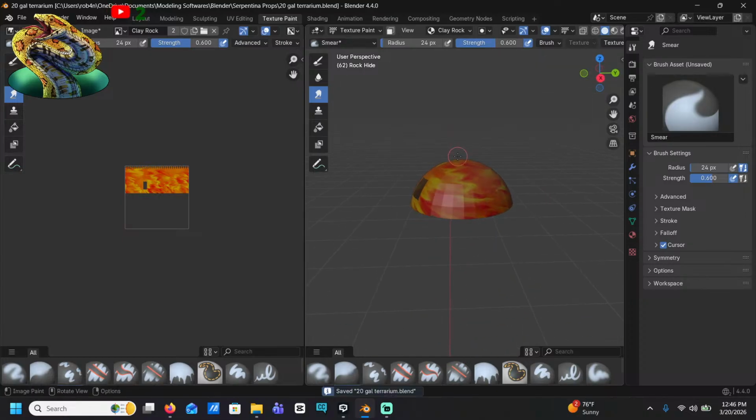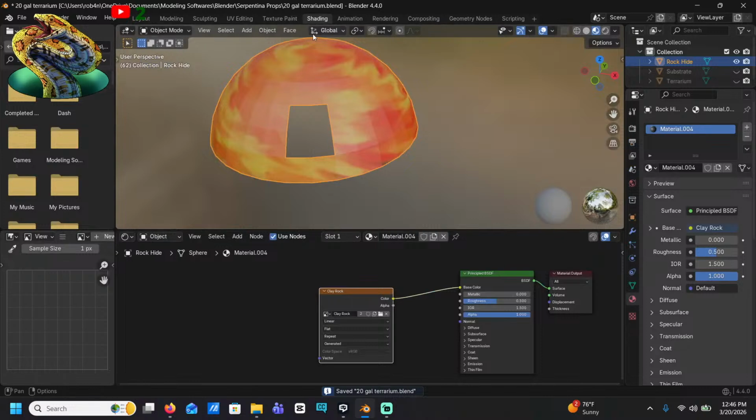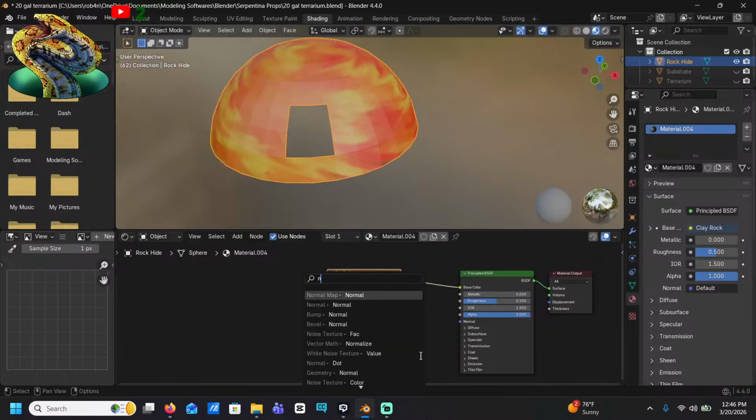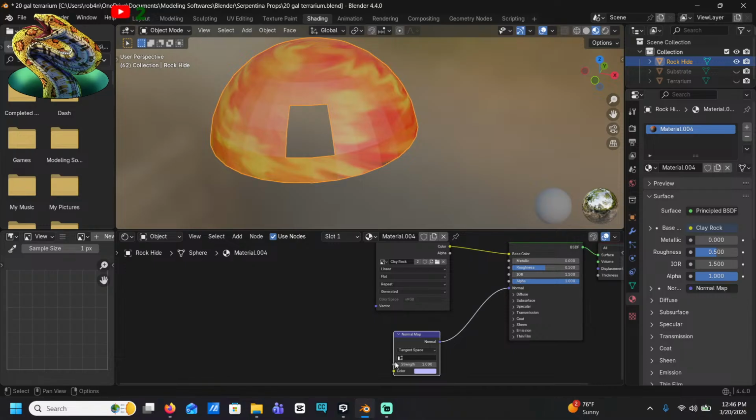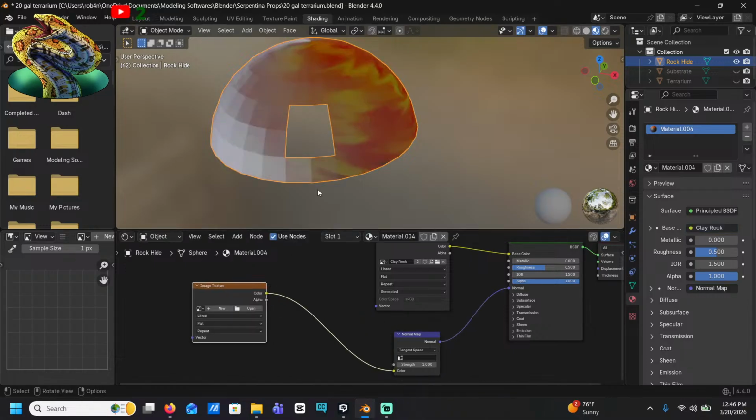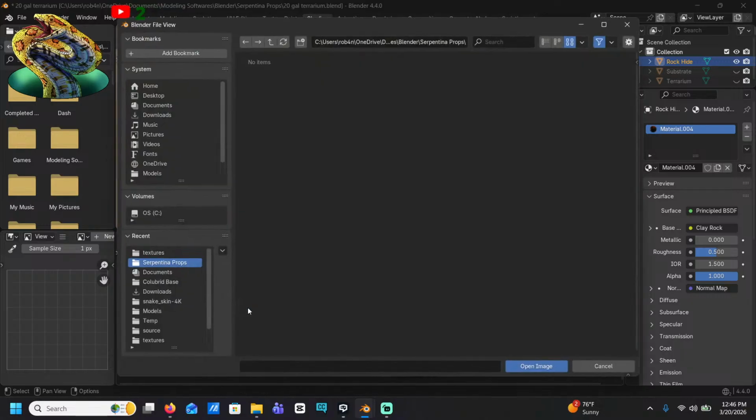Okay, I think this one looks pretty good. Shading. Give it the same normal texture I gave the other one. Normal map. Image. It's beautiful. Open.